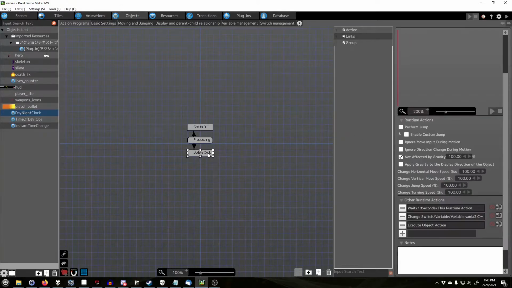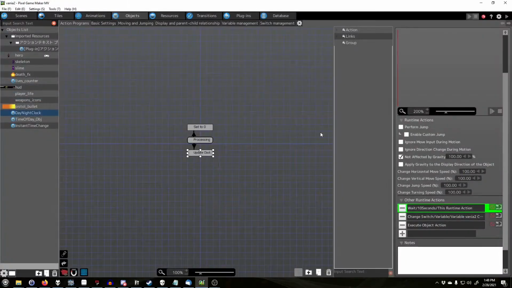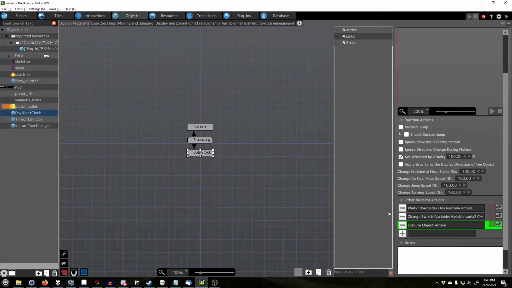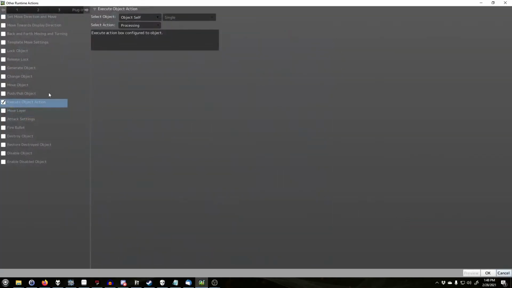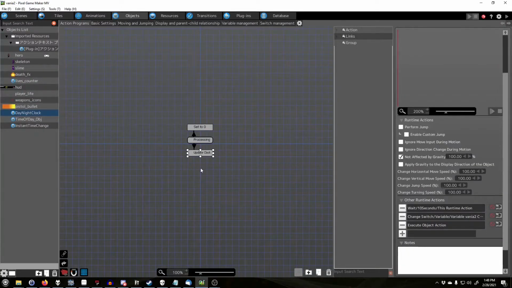Here's what we're going to do. Notice how we don't have an action that's leading out back to processing or whatever. I'll show you why. What you're going to do is wait 10 seconds, or whatever time you want, and then add 1 to the value. Then you go back to processing. Execute object action, object self, processing, and there we go. The reason for that is because if you put in another one, and you say,